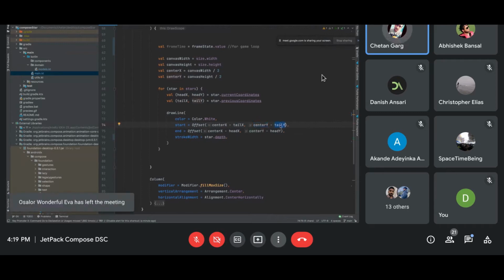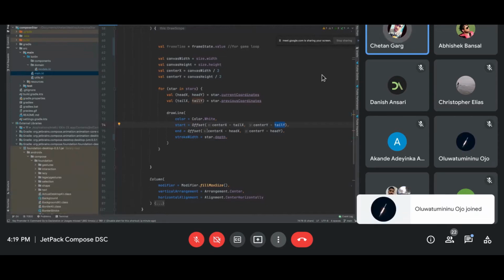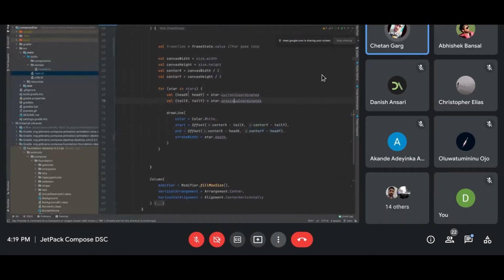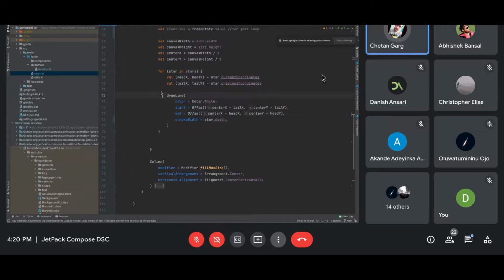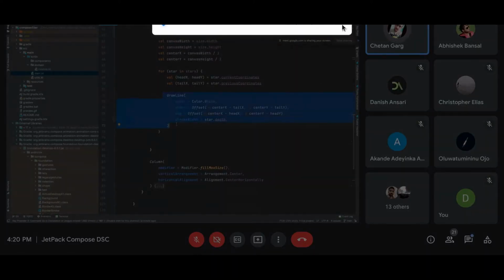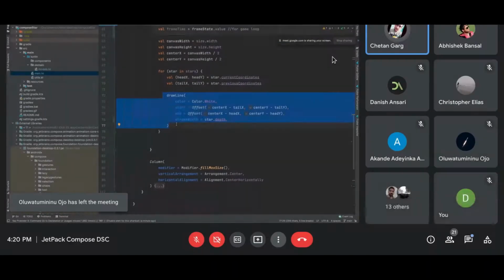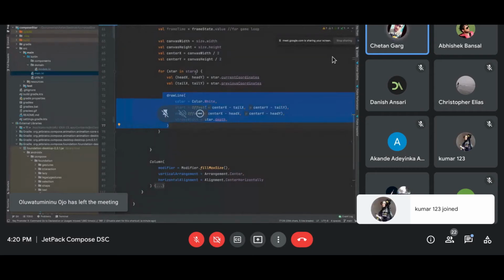On the y coordinate, I did the same to position it from the center. And similarly with my x-axis, I've done the same. So you might be thinking from where these coordinates are coming, of head and tail. I am getting them destructured from my star values. Okay, I will be coming to that in a second. So this is the only region I needed to create my star, this space line thing. Okay, this was the rendering part.